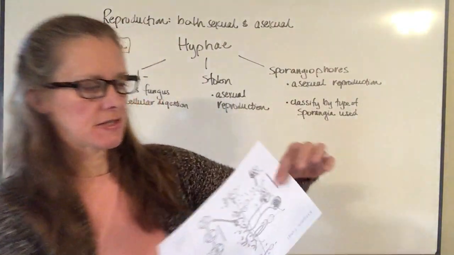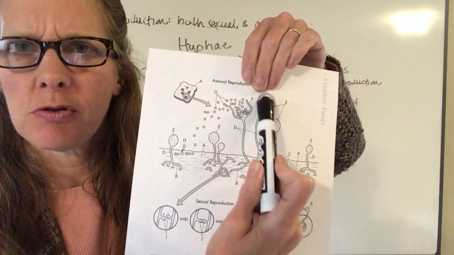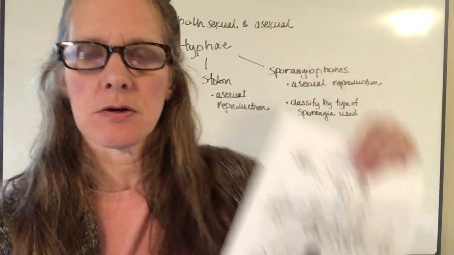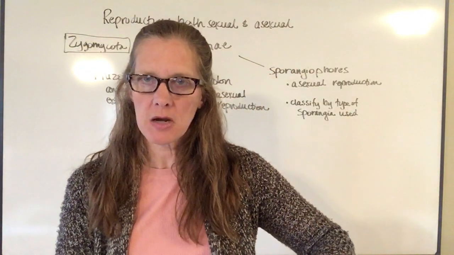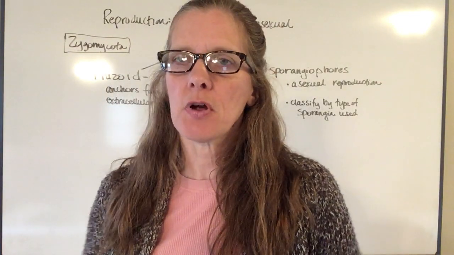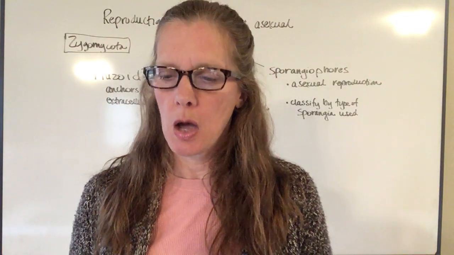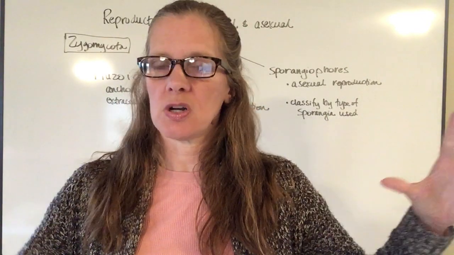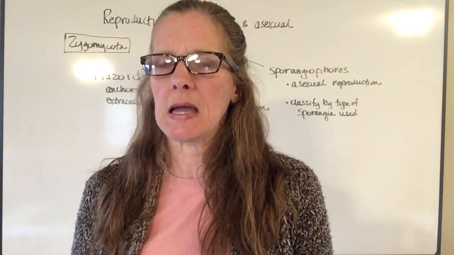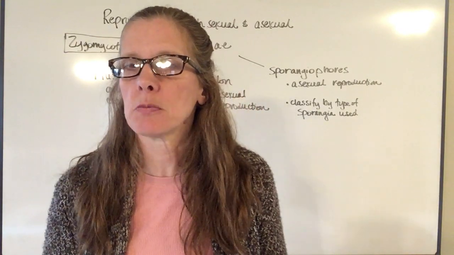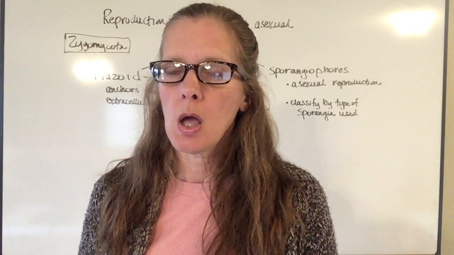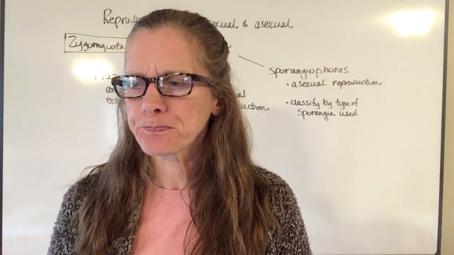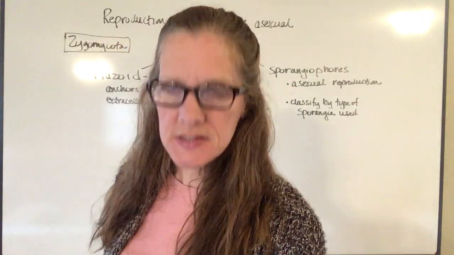So what happens is that these guys come up here, they produce all these spores. Eventually, the sporangia breaks open and the spores are released. Now, spores are very, very small. They're microscopic. You can't see them with the naked eye. They're very dry. They're very lightweight. And so when the sporangia bursts, then the spores are going to just fly everywhere. That's why it's so easy to get mold. If you live in a moist environment at all, it's very easy to get mold to grow for that reason, because the spores are microscopic, they're lightweight, and they fly everywhere. Okay, so that is the method of